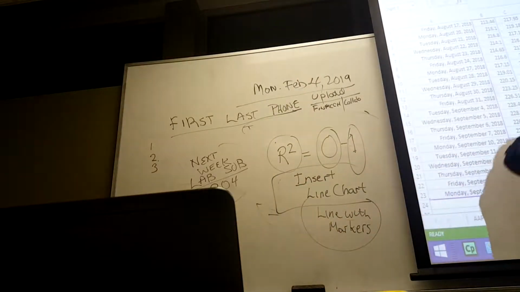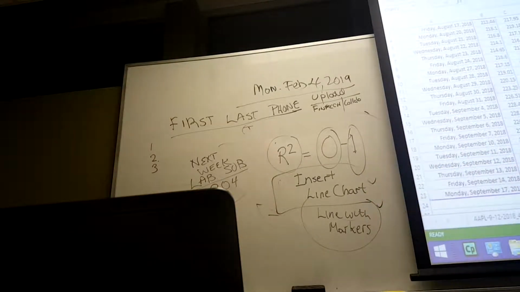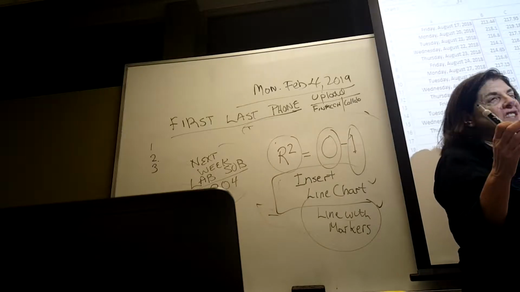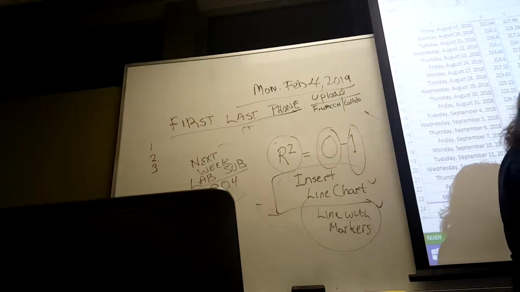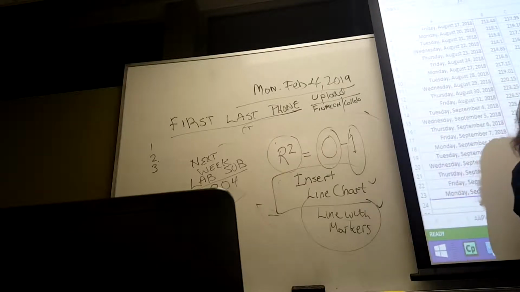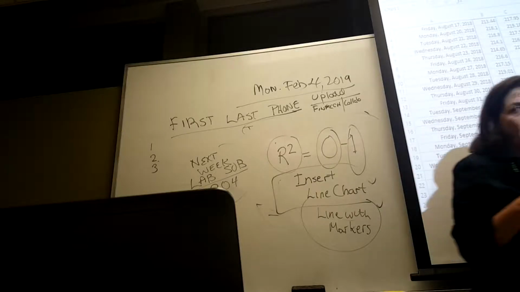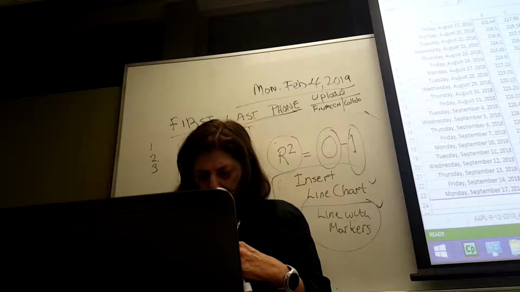I want to insert a line chart, line with markers, and this is my Apple data. Notice why I like the line with markers. You could use anything, but I like it because then I can see my dates this way. If I do other line charts, it squishes it up so much. And now, once I have my line chart with markers,